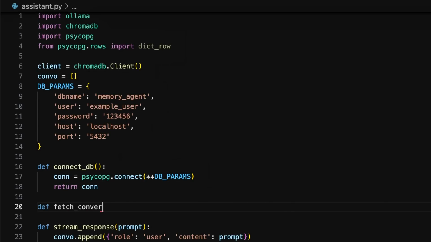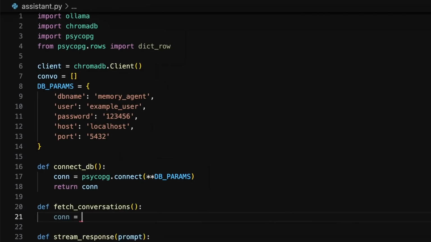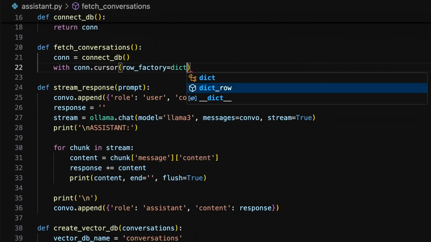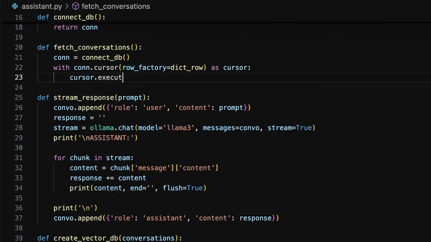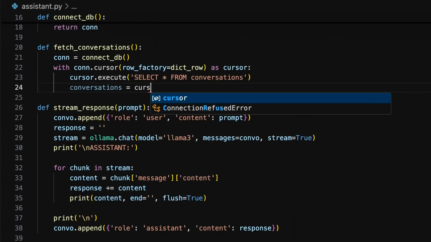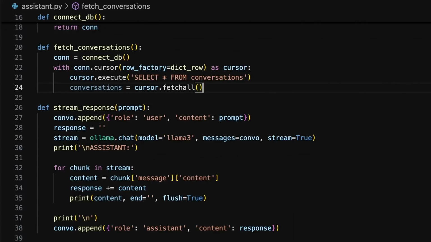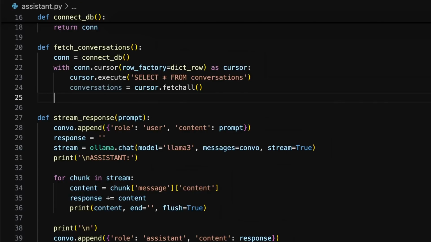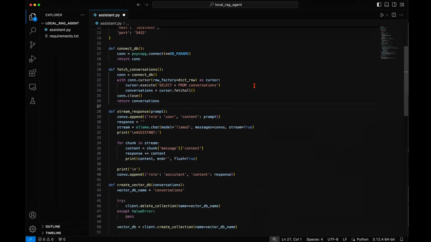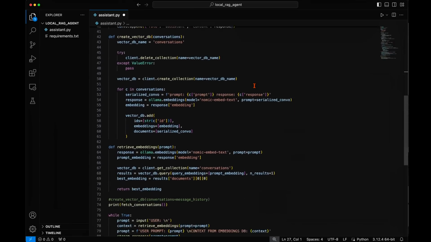Now define another function named fetchConversations, which sets con to call the new connectDB function. With the results of calling the database connection's cursor function as cursor, we can run an SQL select command to retrieve all rows from our conversations table. Inside a variable named conversations, we can store the results from the SQL command using the fetchall function. Now we can close our database connection and return conversations from the function. This will be a list in the same format as the message history list we were previously using to generate